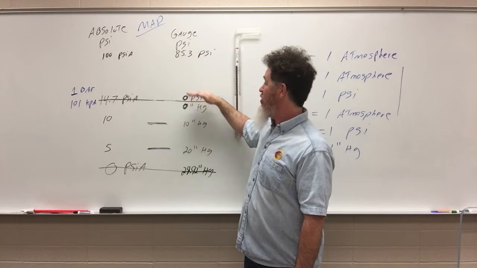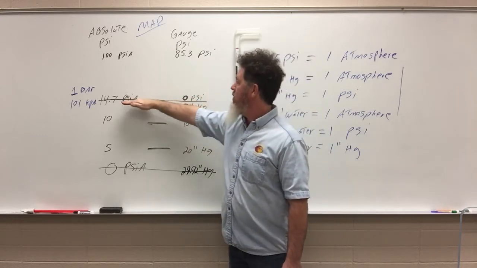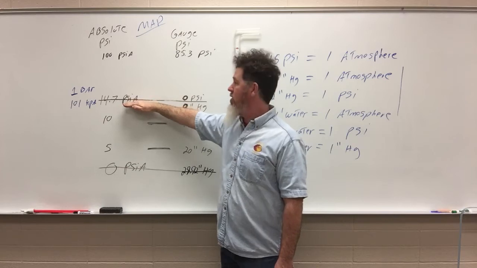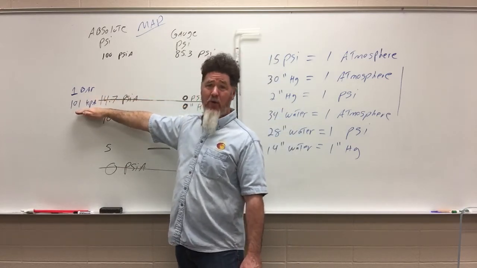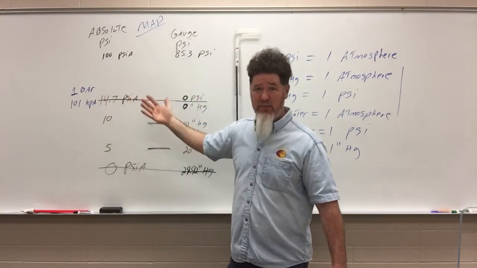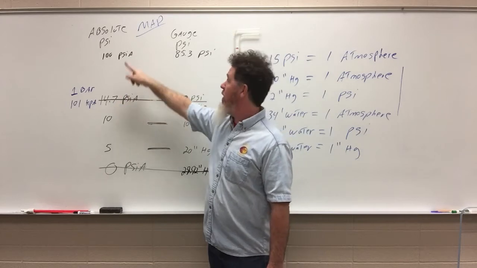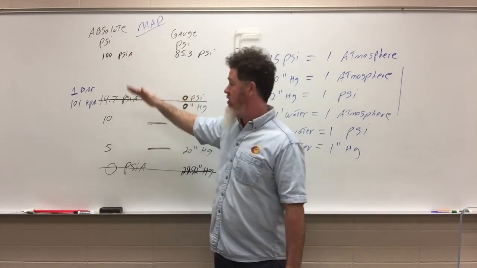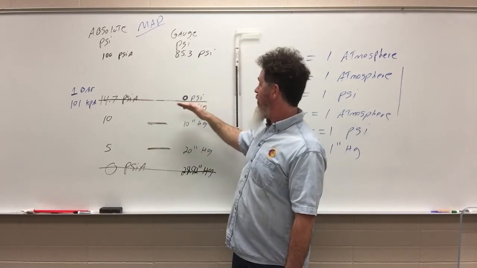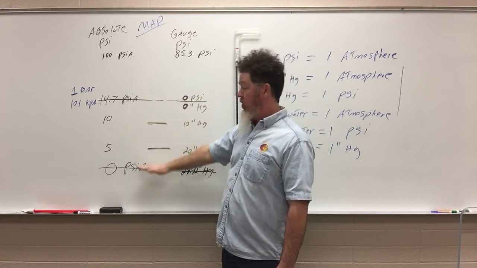So again, there are lots of different measurements here. PSI would be 0, mercury would be 0, PSIA would be at 14.7, the bar scale would be at 1, the kilopascals would be at 101, at atmospheric pressure. We typically zero out our gauge so we don't read this, but when we're measuring PSIA, we do. So what I did is divide atmospheric pressure versus the lowest reading we have.